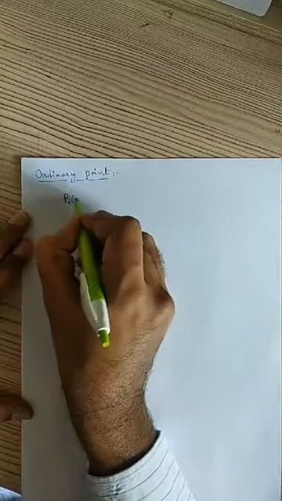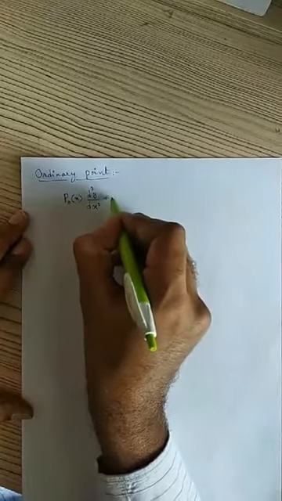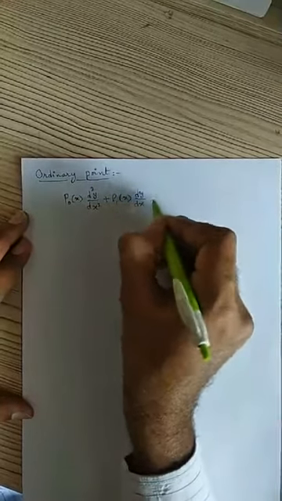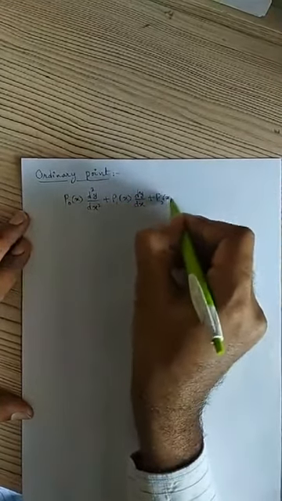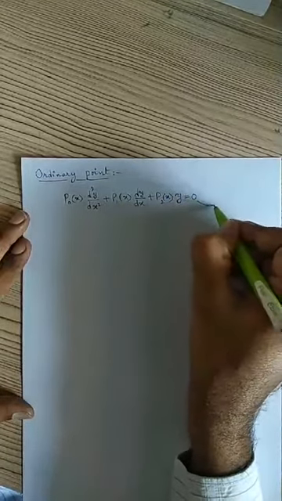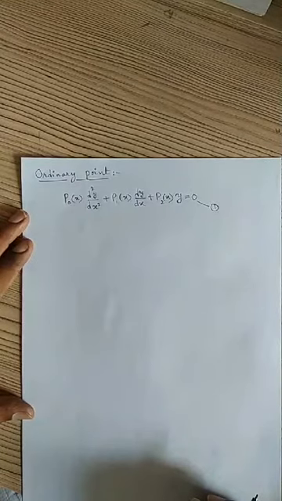Ordinary point is defined for a second order homogeneous differential equation. I'll write a differential equation here. I am considering a differential equation P naught of x d square y by dx square plus P1 of x dy by dx plus P2 of x into y equals 0. Let us consider this as equation 1. So the equation is P naught of x times the second derivative of y, plus P1 of x times the first derivative, plus P2 of x into y equals 0.